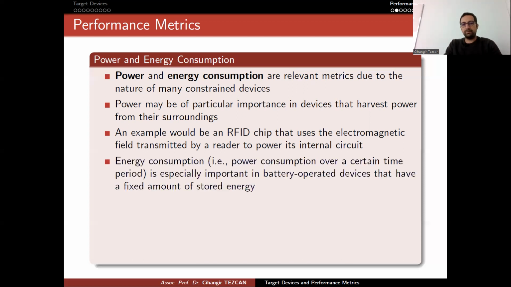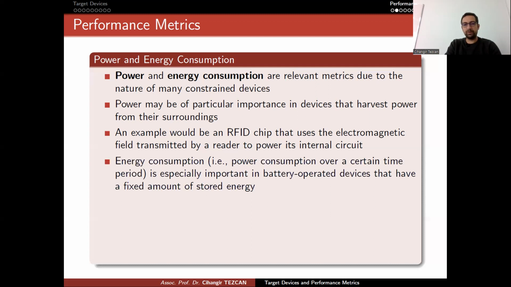Energy consumption, in other words, power consumption over a certain time period, is especially important in battery-operated devices that have a fixed amount of stored energy. So this is important in many scenarios. For instance, if you are using sensors and if they have battery, if their battery does not last long, then you have to charge them or replace the battery from time to time. This is also valid for medical implants, right? So if you perform a surgery and put a device there, you wouldn't want to perform the same surgery once a year and replace the battery, right? It should